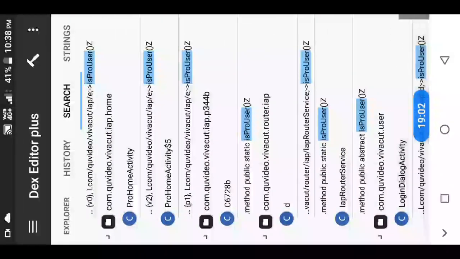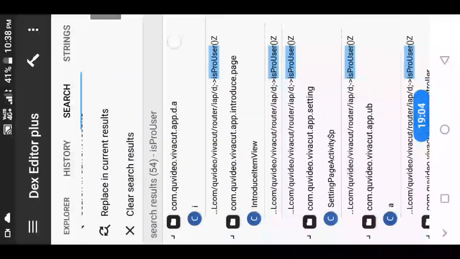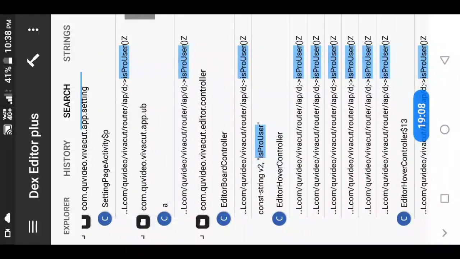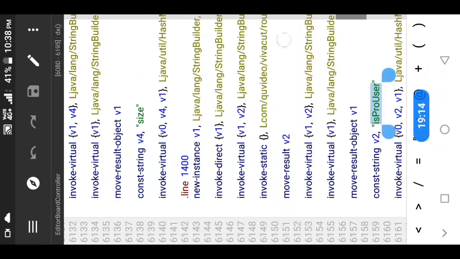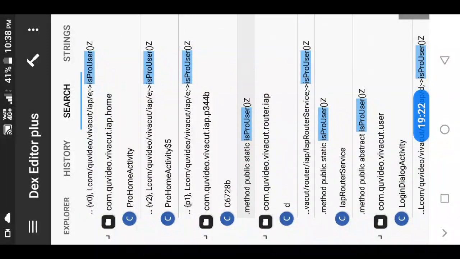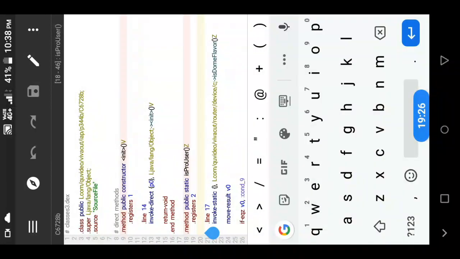So what I'm going to do is I'm going to return this boolean to true, so that it will say each pro user. So here we got, you can see it will say each pro user here. So now let's return all these to true.